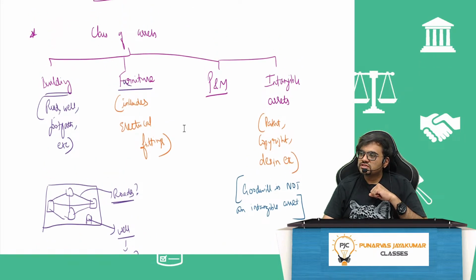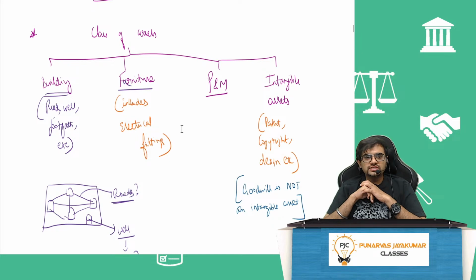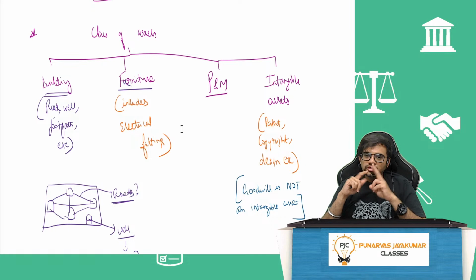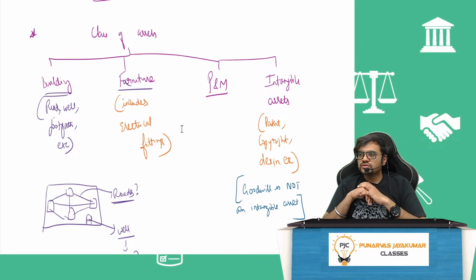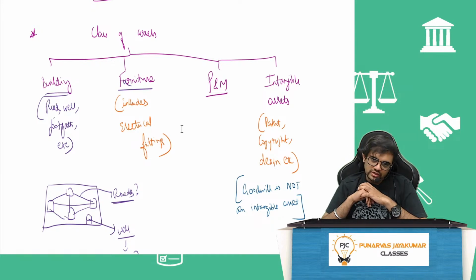They'll say Infosys, or any company, has a temple, a church, a mosque in its premises. Can you claim depreciation on that? What do you think? Is it used for business? What did I tell you? You should be the owner. It should be put to use. Third one, used for business. First one, temple: is it owned by the company? Yes. Is it put to use? Yeah, people go to the temple. Third one, is it used for business or personal purpose? This issue also went to court. All these are court decisions.